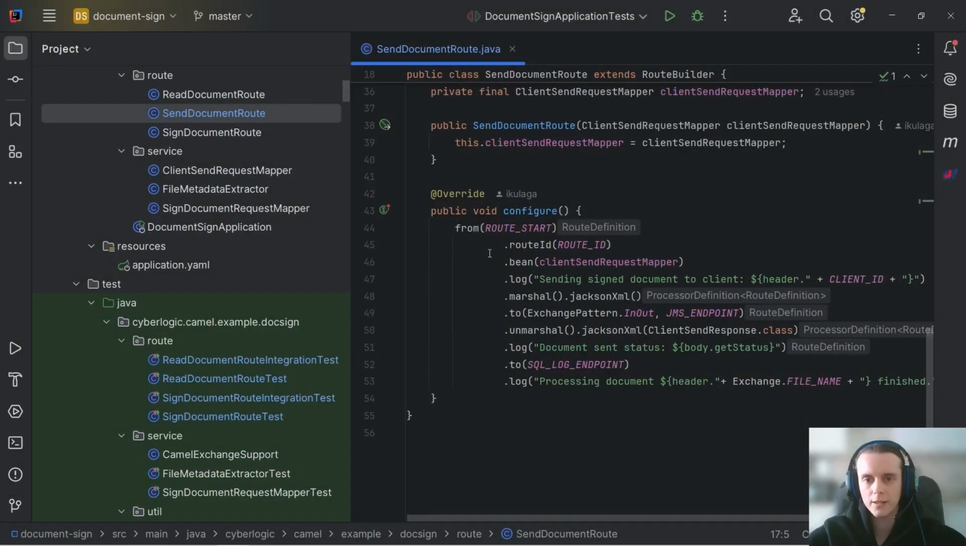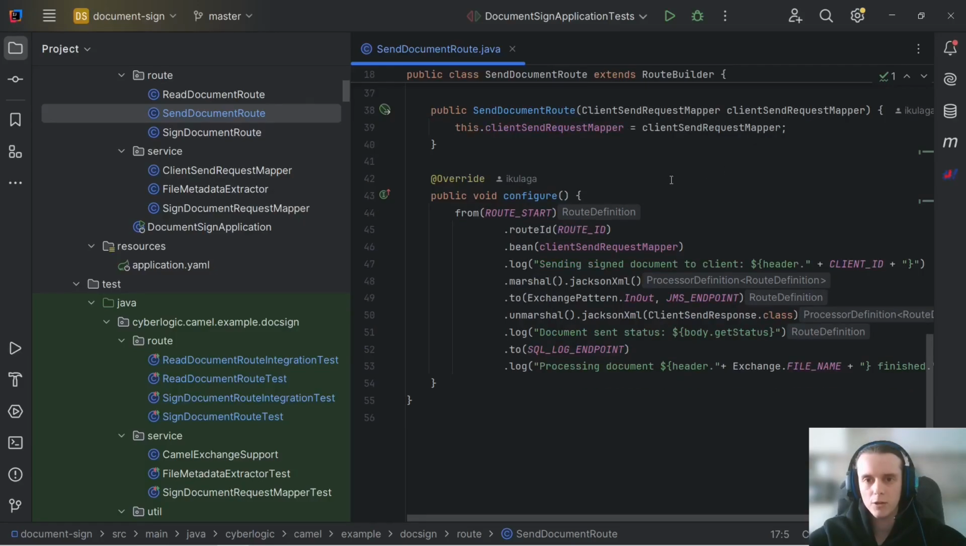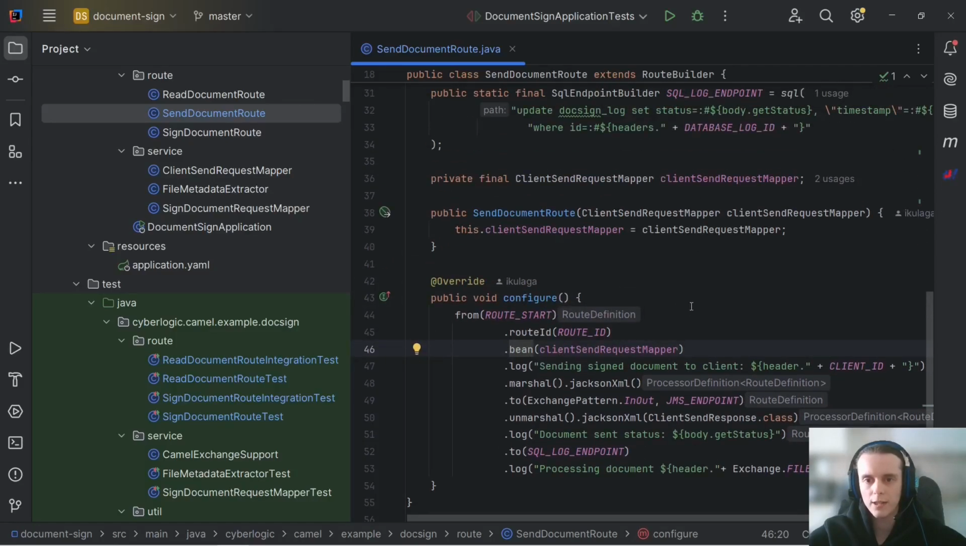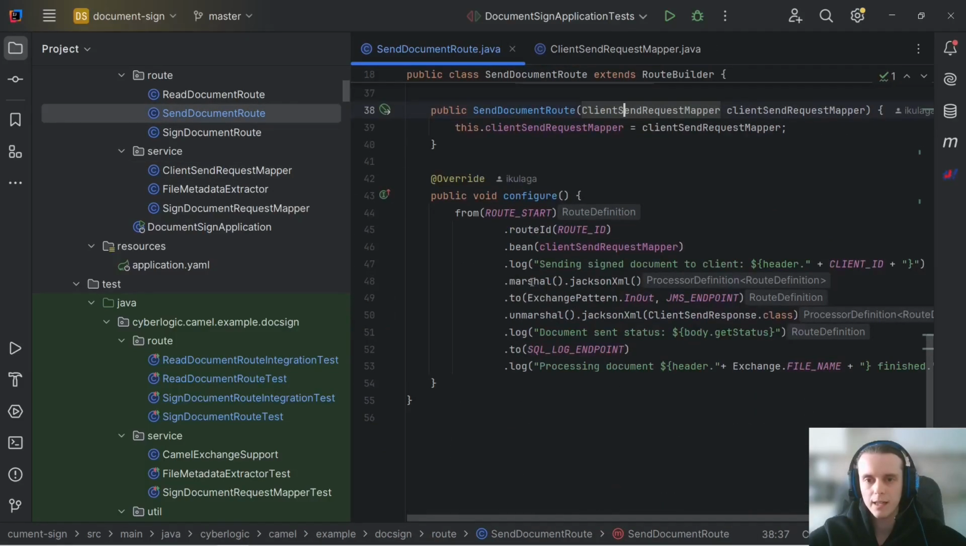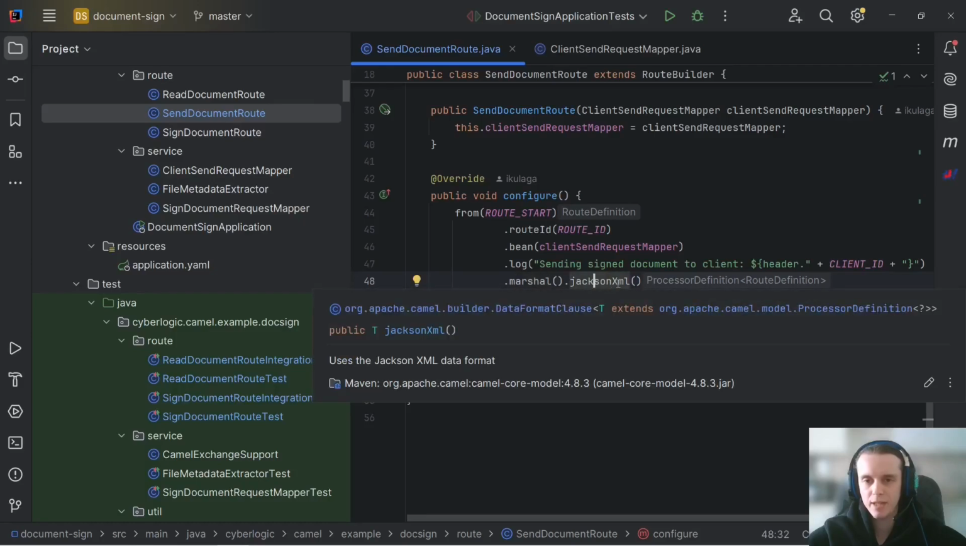Now, when we've reflected our latest changes in existing tests, we can start testing our new route. First of all, let's look at it and decide what will we be testing in our unit and integration tests. First of all, in our unit test, we will test that the route calls the method on our client send request mapper that constructs a client send request. Then we will test that this client send request Java object is transformed into an XML by this